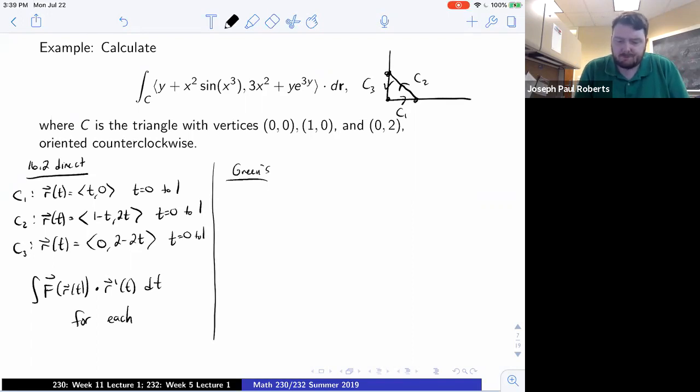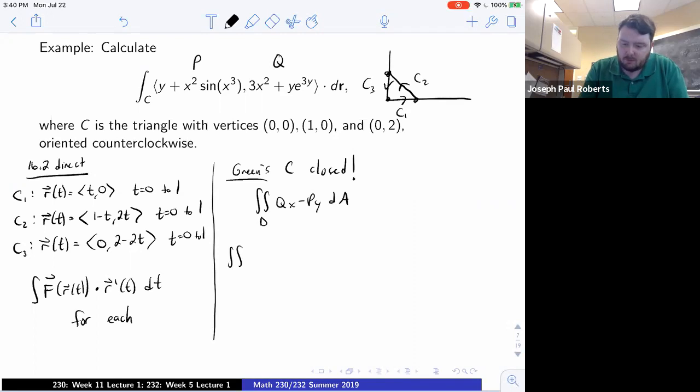Instead, with Green's theorem, you could just say, you know what, C is closed, so I'm allowed to use Green's theorem, which says that instead of doing this line integral directly, I can instead do the double integral of Qx minus Py. So I have to do the double integral of Qx is 6x, Py is 1,